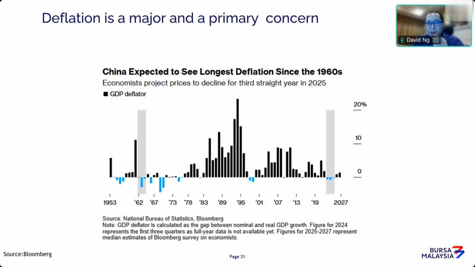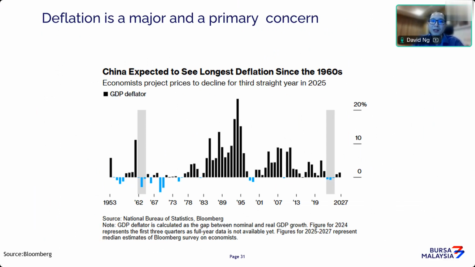Now, in terms of their own internal domestic economy, the issue is always about prices. And if you look at prices on a month-to-month basis or year-on-year basis, they're actually declining. So China is pretty much lost in translation when it comes to general prices, and we term that China is entering deflation mode. It's pretty much like what Japan entered, the lost decade, where the economy is not doing well, prices in general are not going up, the demand is not there, and that will be a major drag for the economy. I think China will not want that.